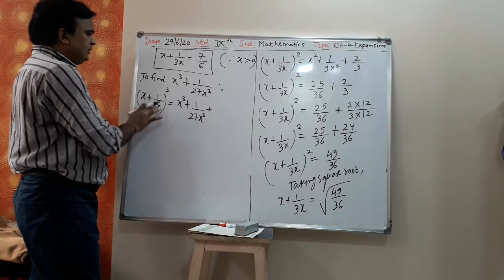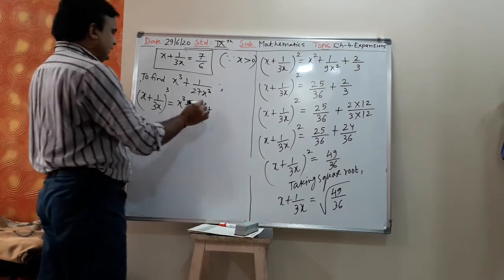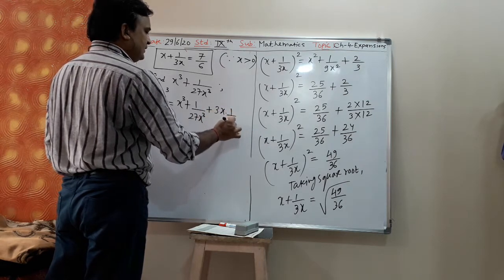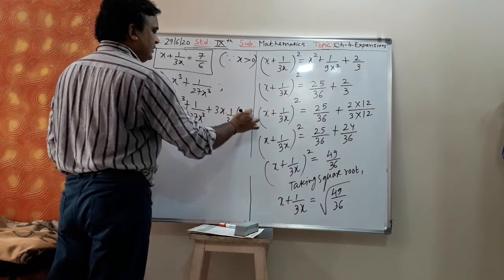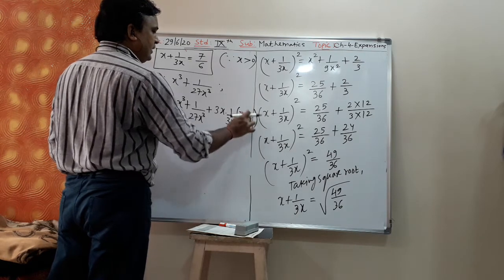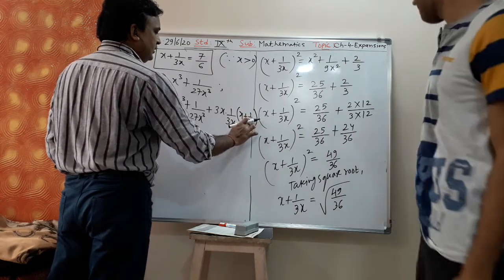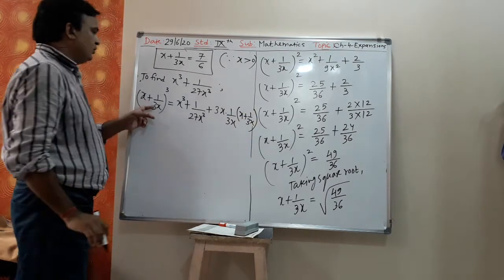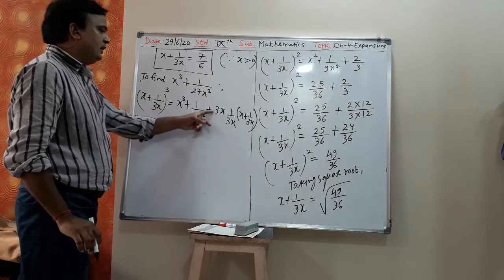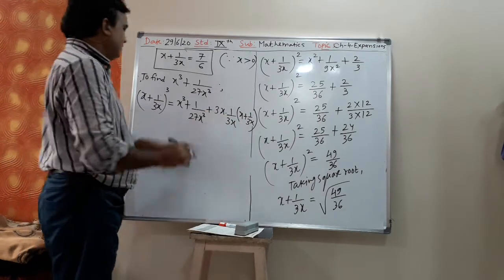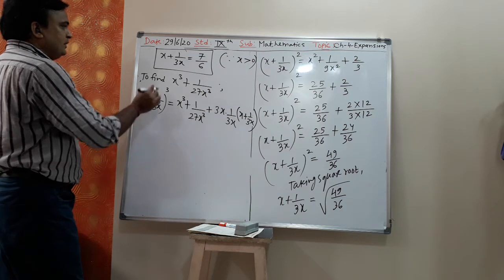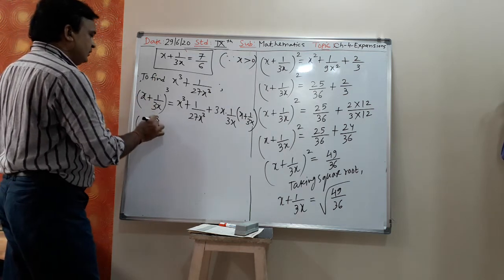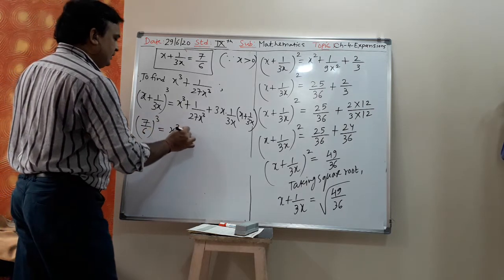(a plus b) whole cube is a cube plus b cube plus 3ab. So 3 into x into 1 upon 3x, then in bracket x plus 1 upon 3x. This is the formula for (a plus b) whole cube: a cube plus b cube plus 3ab into bracket (a plus b). Now we substitute the value, x plus 1 upon 3x is 7 by 6. So (7 by 6) cube is equal to x cube plus 1 upon 27 x cube